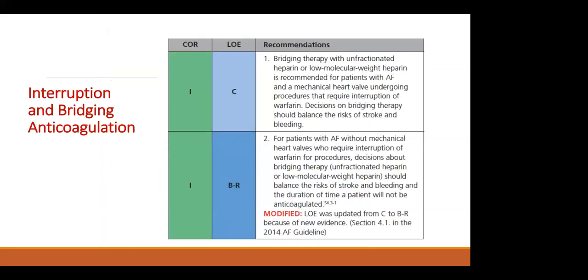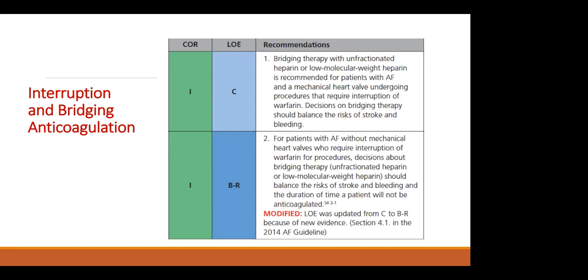If your patient is taking an oral anticoagulant and is going to have non-cardiac surgery, for example, and he was asked by his doctor to stop anticoagulants, it's important to know how to interrupt and how to bridge the therapy with unfractionated heparin or low molecular weight heparin. For example, if the patient has a mechanical heart valve and atrial fibrillation, definitely this patient needs